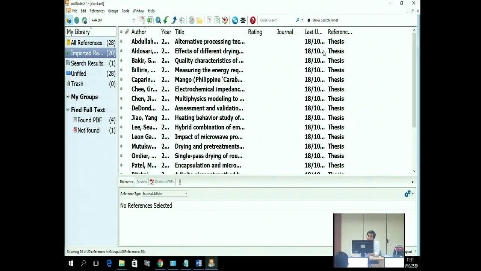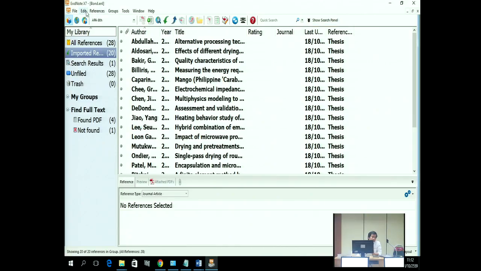You cannot use find full text. How can you have a question on that? Why does EndNote know this one has the full text and this one cannot get the full text? So I'm going to tell you how EndNote finds the full text. For this it cannot, so it depends. Depends means the record has to provide EndNote with a DOI. But for the thesis, the provider doesn't provide the DOI field to search for the full text. So I'm going to bring you to find out what conditions EndNote uses to find the full